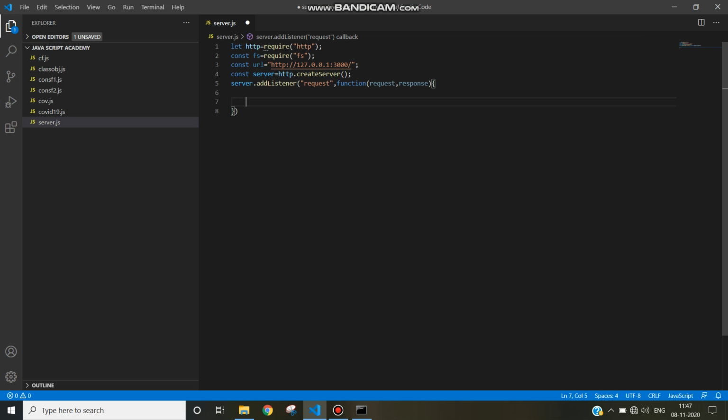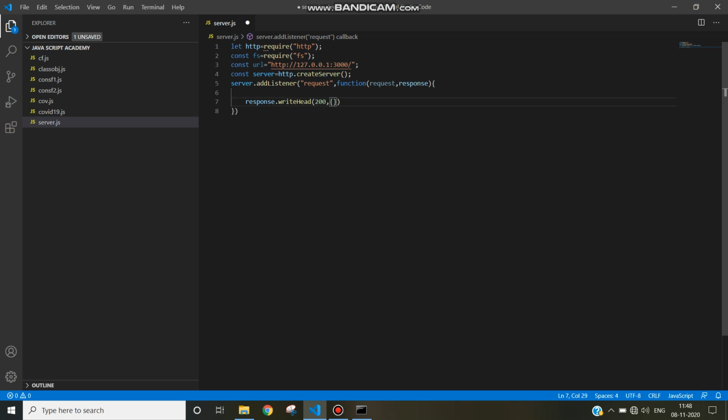What are we going to write? response.writeHead, and in writeHead give 200 comma, and define the content type.